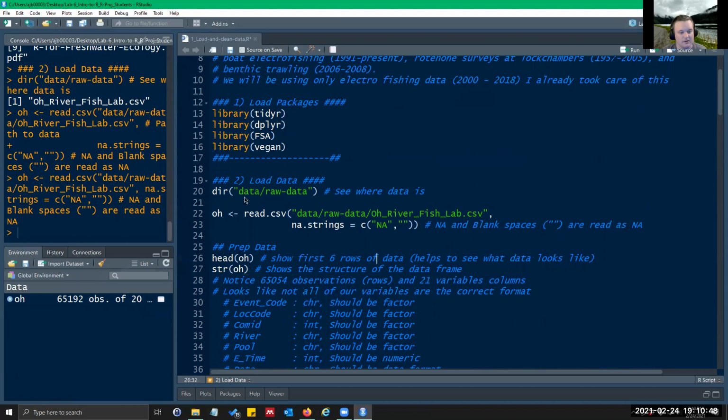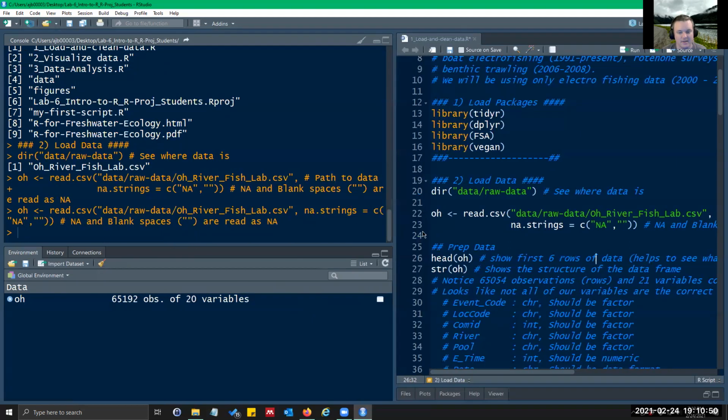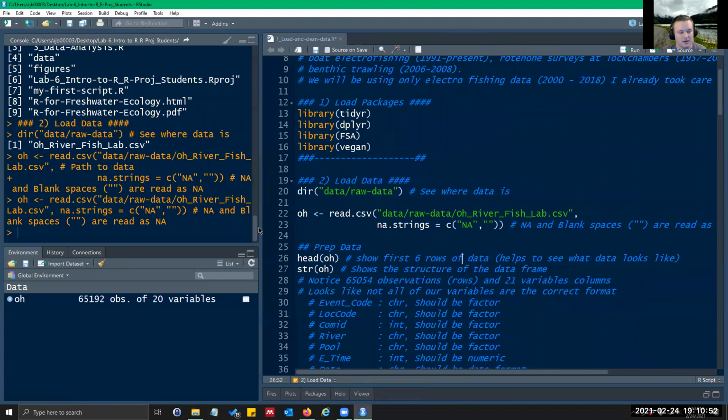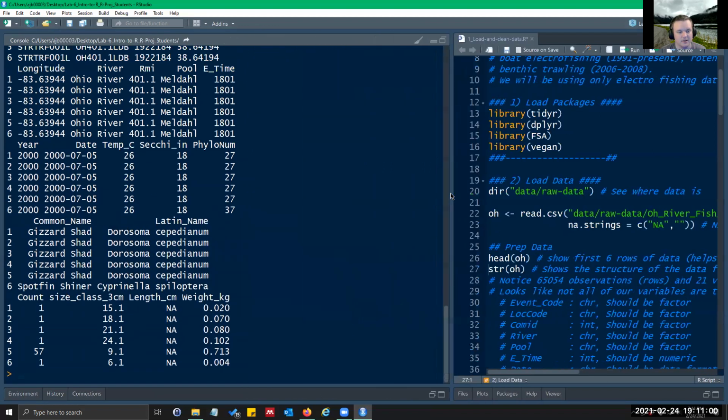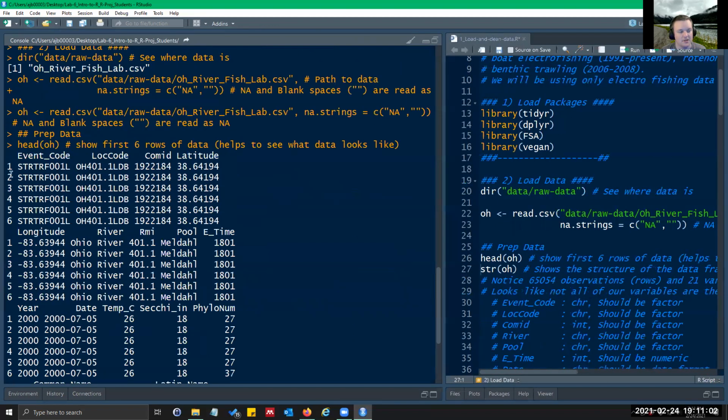So I have loaded my data, and it's there. So this head command just shows the first 6 rows of data. It's just a nice way to look at it. You can see these are the row numbers. So when it breaks like that, you can keep track of it. These are your column names or variables. Each row generally corresponds to an observation.